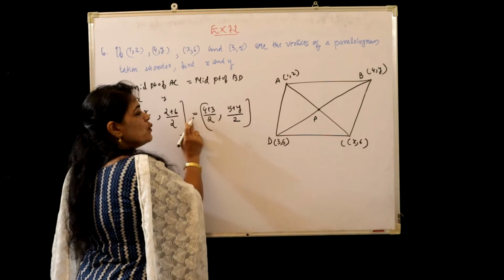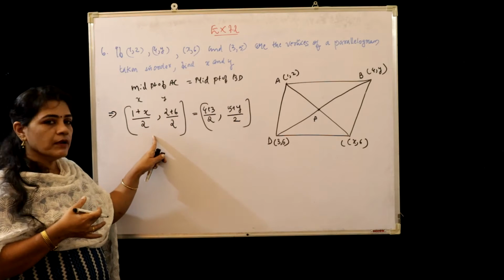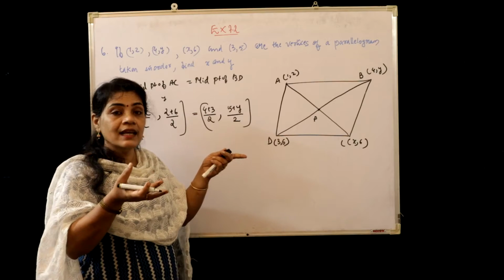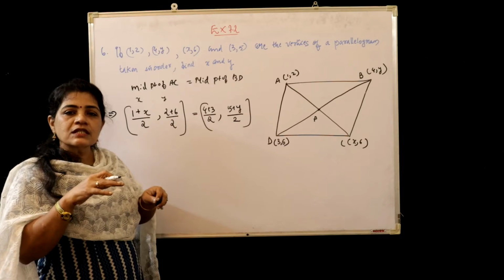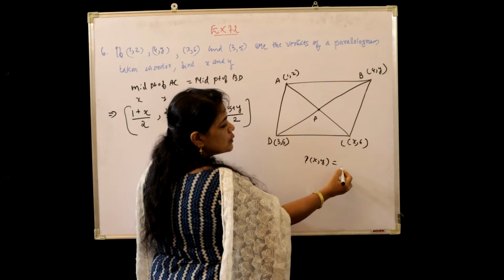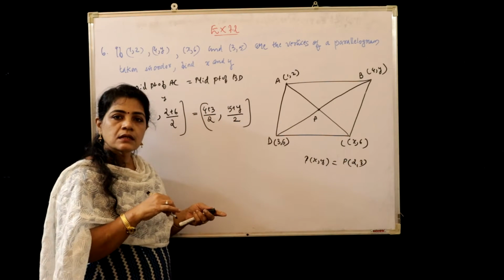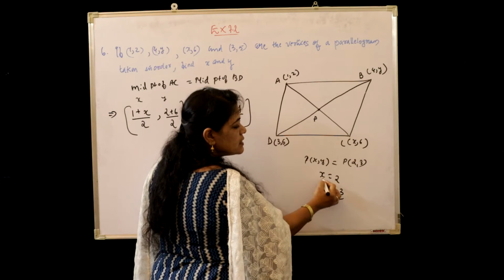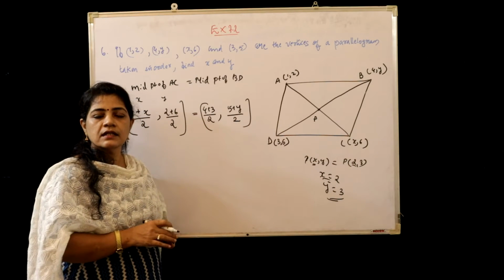And these can be equated because of the diagram property, that is, the midpoint of AC using the midpoint formula will be the same as the midpoint of BD using the midpoint formula. That is why I equated. Okay, so children, if P of x comma y equals P of 2 comma 3, what does it imply? That is x is equal to 2 and y is equal to 3, right? x is equal to the first value, 2, and y is equal to the second coordinate, that is 3.